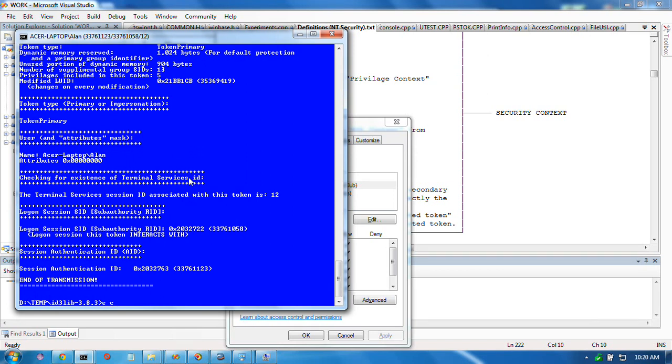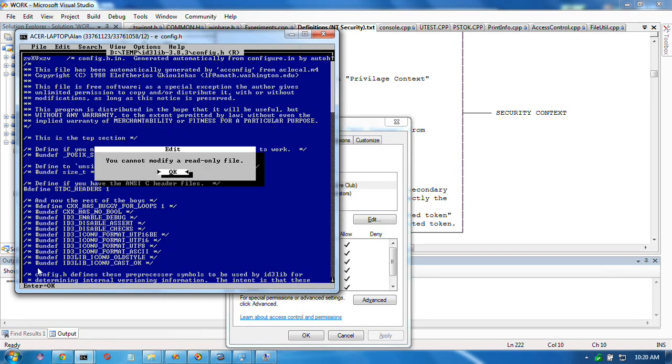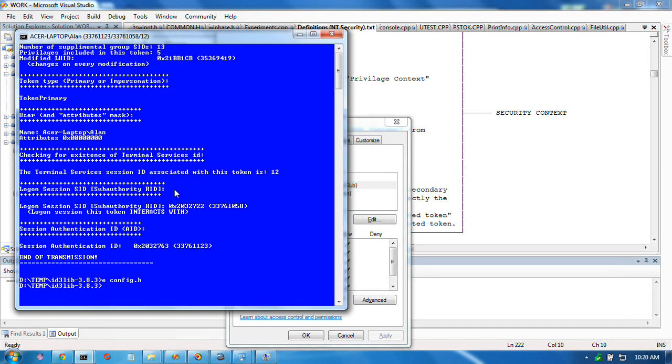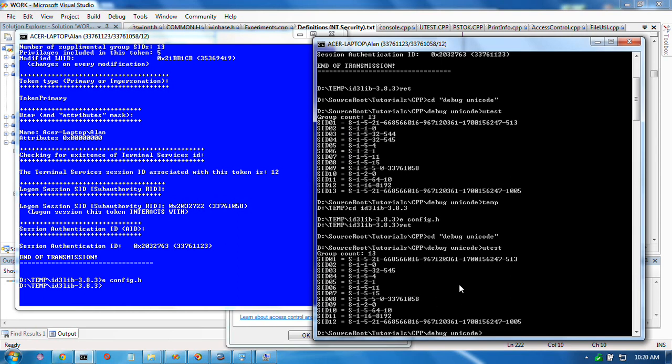So if I try to edit that file, cannot modify. Right? It considers it read-only. And this one can still do what it does. I've already demonstrated that this thing, this thing,